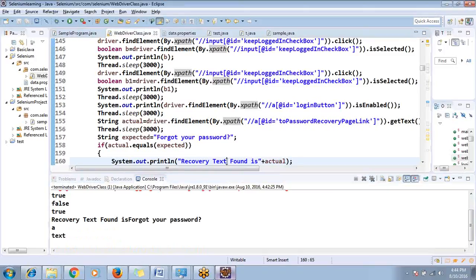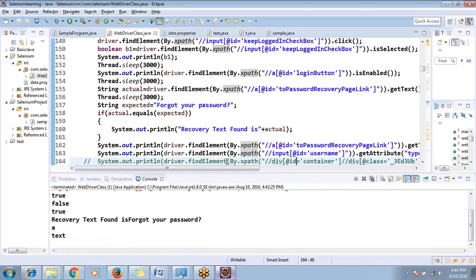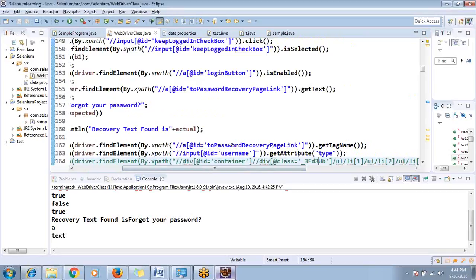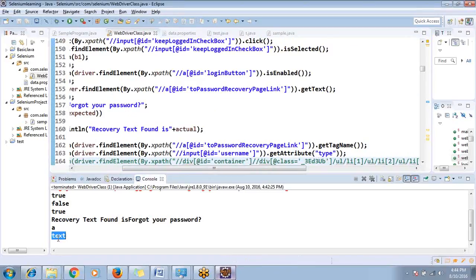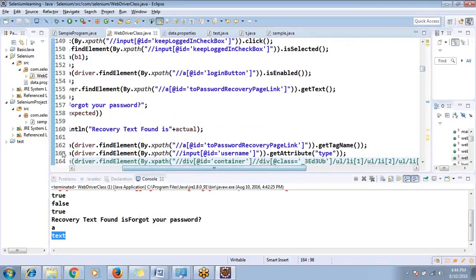So next is tag name. findElement of, now we are seeing the tag name. So what is the tag name of this? It's a. What is the attribute type of a username? It's a text. So it displayed as this. Next we are going to see